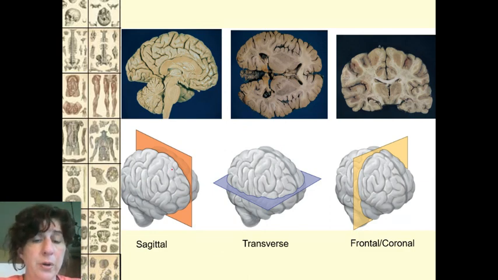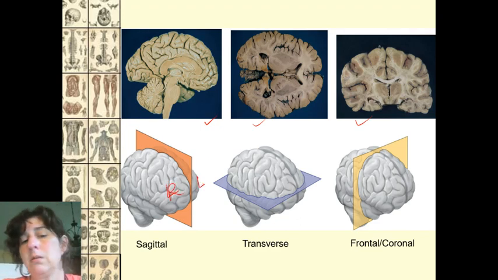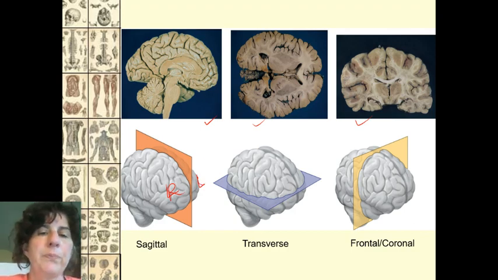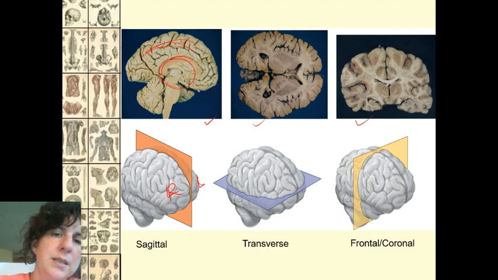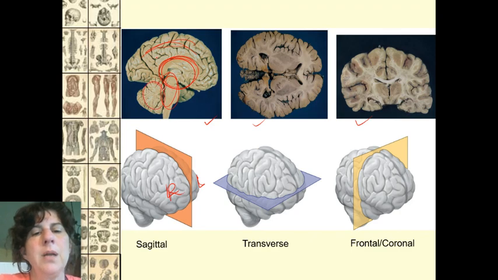Again, a little review. Here's the brain, so it doesn't have to be an entire person. Notice the differences between each of these brain sections when you do this. If I do a sagittal cut, which is the right-left thing, right? That's going to give me a view that shows, this is called the cortex in here, and then I've got the diencephalon and stuff in the middle, and brainstem coming down here and the cerebellum. Notice how I can see these structures here, and you can see this one, corpus callosum right here. In that view, this is a view right here cutting through like this.